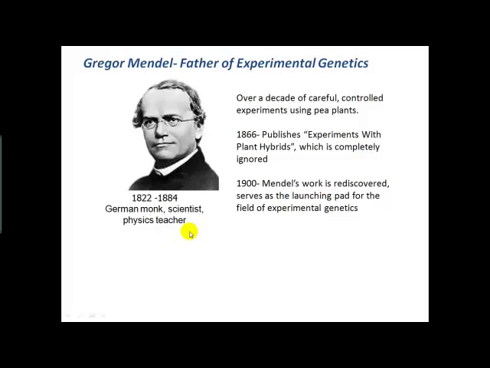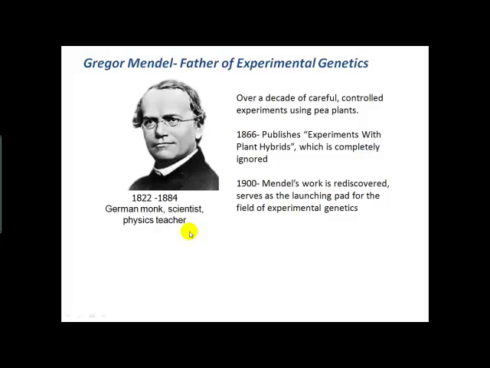And to understand the prevailing views that were popular at the time that he did these experiments, we have to understand that most people who were interested in inheritance viewed it as a form of blending inheritance, is what it was called. In that model, the contributions of each parent in sexual reproduction would be irreversibly blended in the offspring. You could imagine this like blending the colors of two paint cans, and once you mix those two colors, you really never get back the original colors in that mixed can.